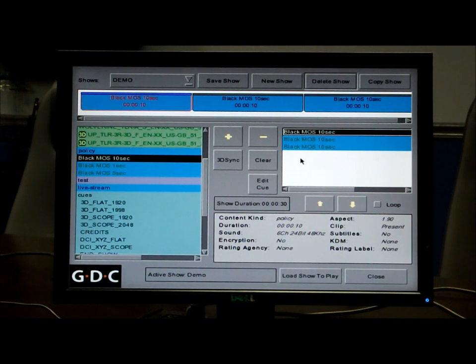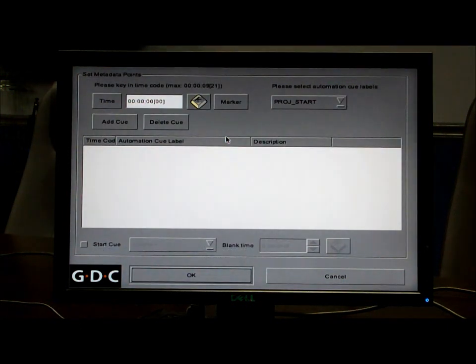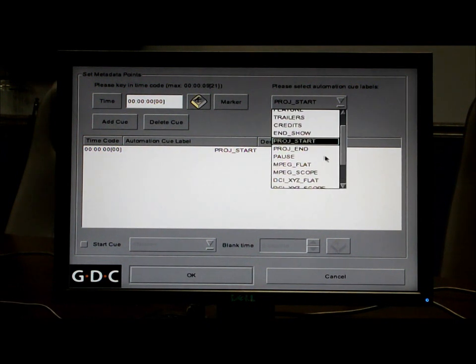Now, the very first thing that we have to do is embed cues within content, because cues can't play all by themselves. So that's what this Black Moss 10 seconds is for. So you click on the first one, come down and start to create your show start. That consists of 3 cues, which is projector start, highlight, click add your cue, come over to the drop down box. You're going to find your start show,